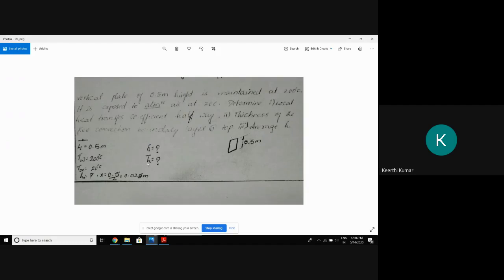Average is H bar. So what is he asking? He is asking Hx, means H at some location, where x is equal to half of the way, 0.5 by 2, and also H average and thickness of the boundary layer. These three we have done for forced convection. Here he is asking for natural convection, same concept. Here the velocity is not given. We can treat this problem as free convection. And also the mass flow rate of the air is not given. We can treat this given problem as free convection.